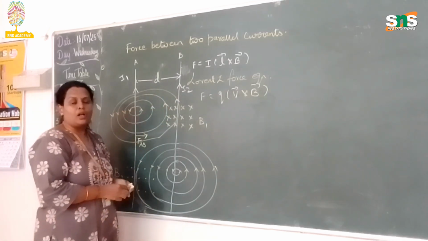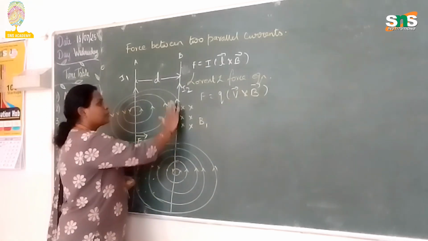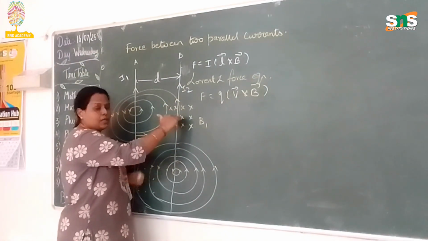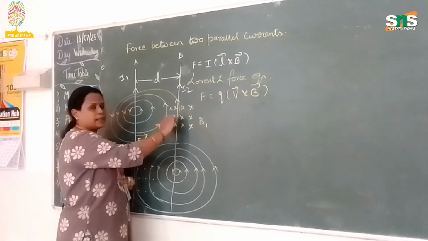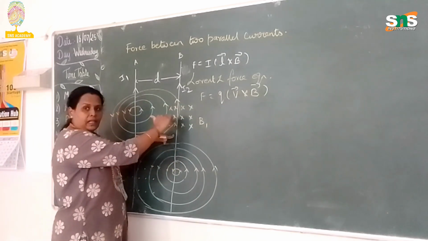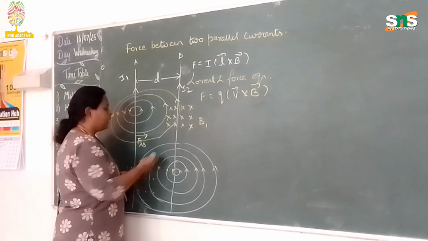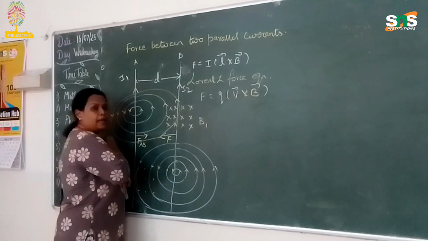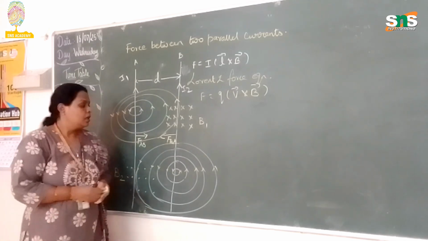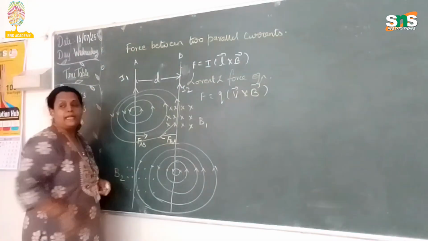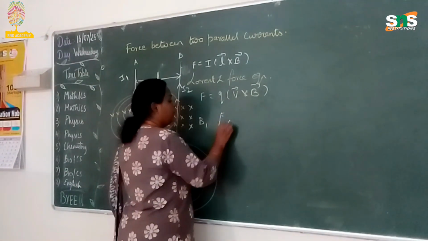For the next one, I2 is also going upwards, but the magnetic field is moving inwards. Current is flowing upwards, magnetic field inwards, so I curl my fingers inwards. The direction of the thumb shows the direction of the magnetic force, which again points in between the two wires. That is the force exerted on B due to A. Understood? From this it is clear that FAB and FBA are equal in magnitude but opposite in direction. So can I write the equation like F of AB equal to